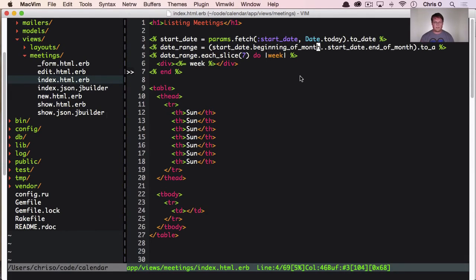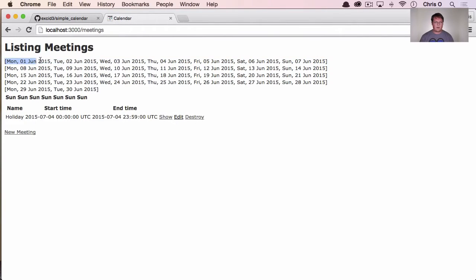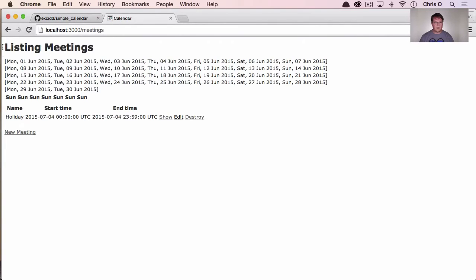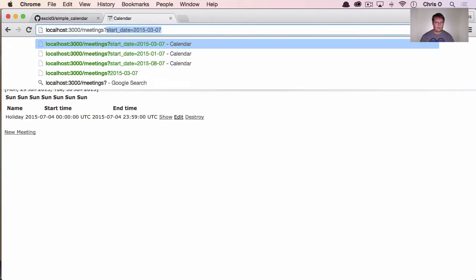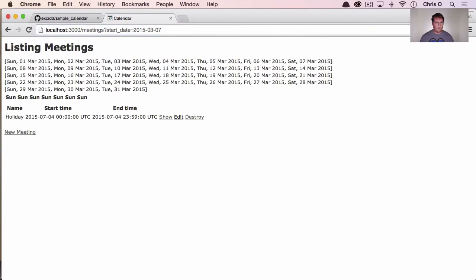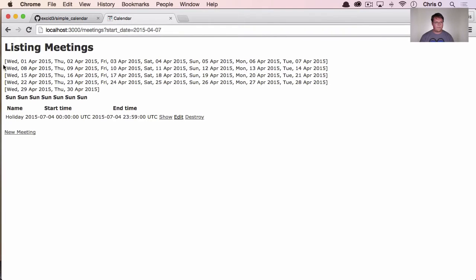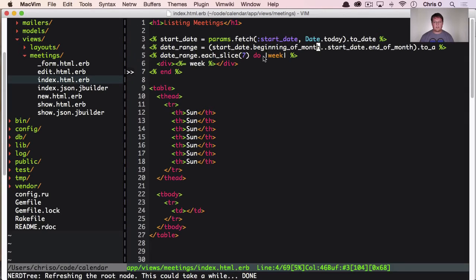Actually, this wasn't working because we're not looking at the beginning of the week. We're actually just starting from the first day of the month. The first day of the month happens to be a Monday. And what you'll notice here is that this wouldn't generate an actual proper calendar because this is a Monday and it just happens to be that we lucked out there. So if we change this to March 1st, which is on a Sunday, or April, the beginning of the month is not on a Sunday,